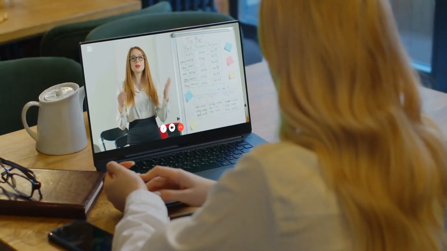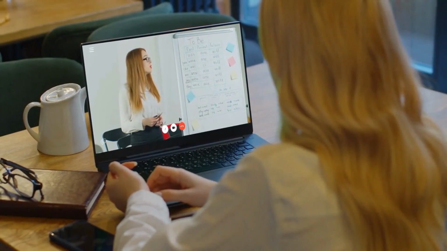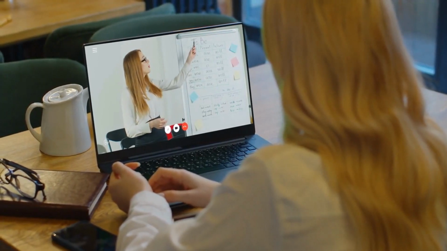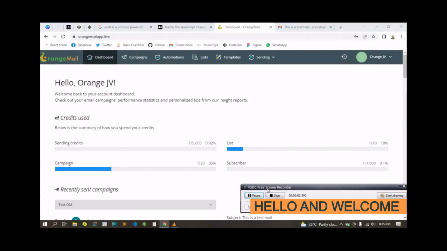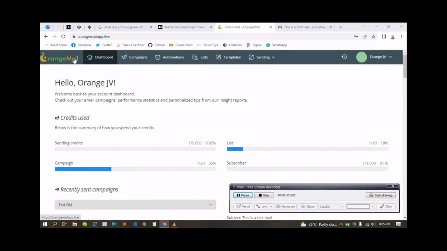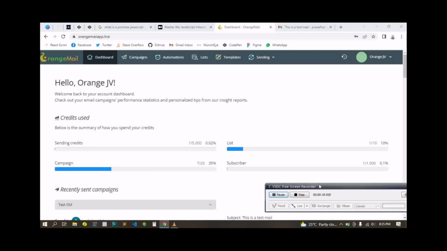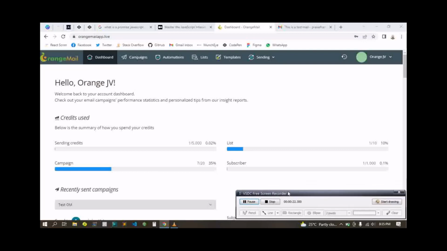Right, let's get started with the Orange Mail review and demo walkthrough. Hello to you and welcome to another video review section. In this video, I'm going to be showing you around the Orange Mail software platform. Orange Mail is a software platform that allows you to send unlimited emails and automated emails as well to your subscribers. I'm going to walk you through the system and everything that you need to know, so that at the end of this tutorial, you will be able to properly navigate the Orange Mail